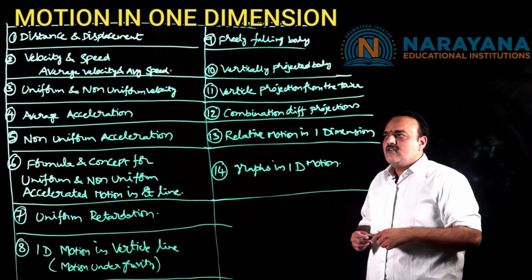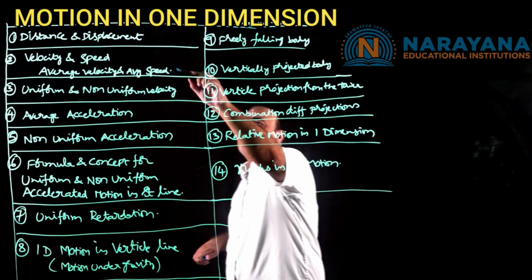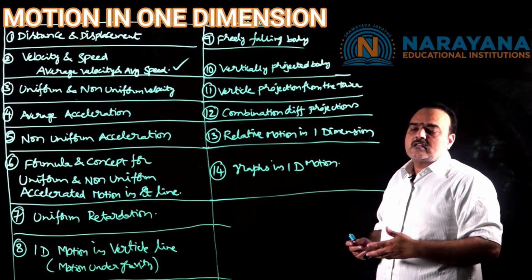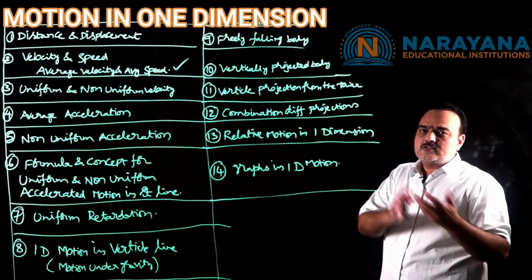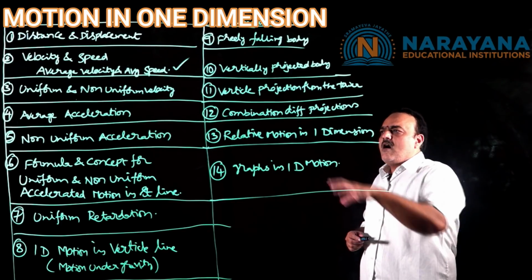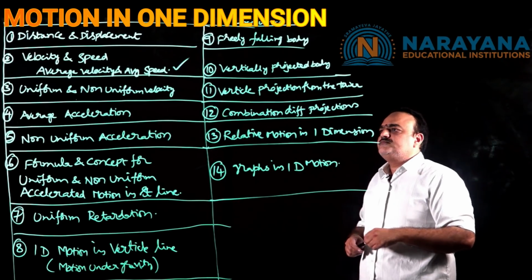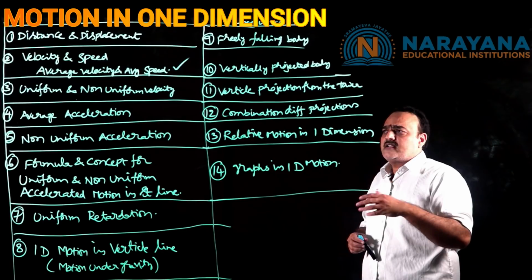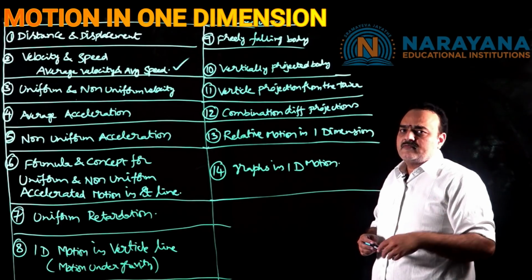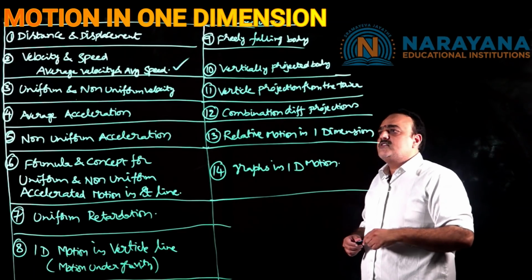And the next one is velocity and speed, average velocity and average speed. Very important. Suppose a particular body is traveling along a straight line. It covers 1/3 of the distance with a certain velocity, the next 1/3 with another velocity, and the next 1/3 with another velocity. Then you are asked to calculate the average velocity on that occasion. All such important models you have in average velocity and average speed. First of all, you should know what exactly you mean by average velocity and average speed, before going for different calculations.